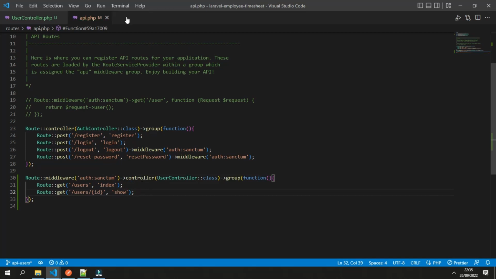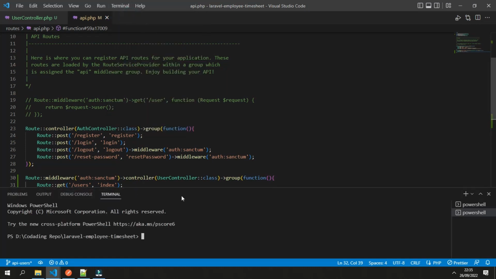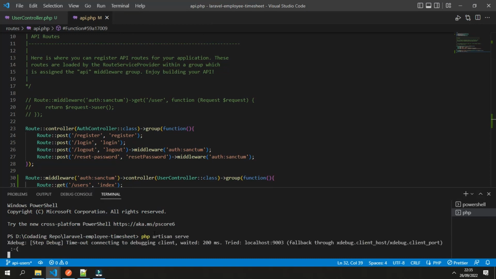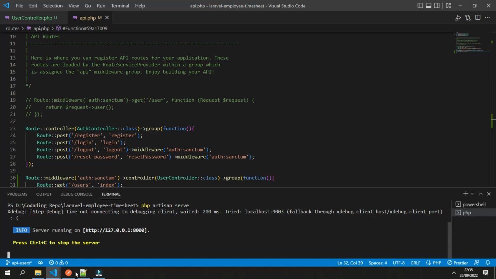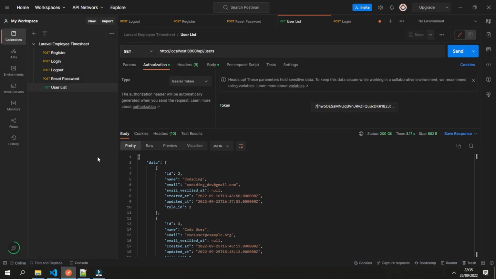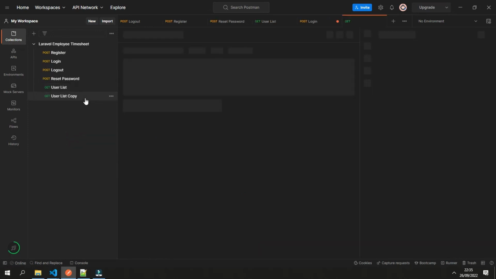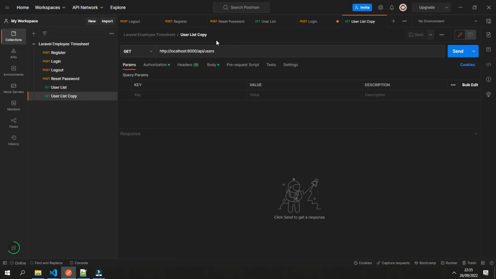Save and we can run the application. php artisan serve. Back again to Postman. We can copy this request, change the name to, for example, user details.